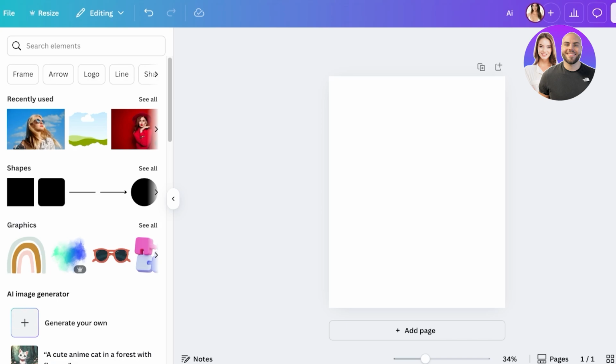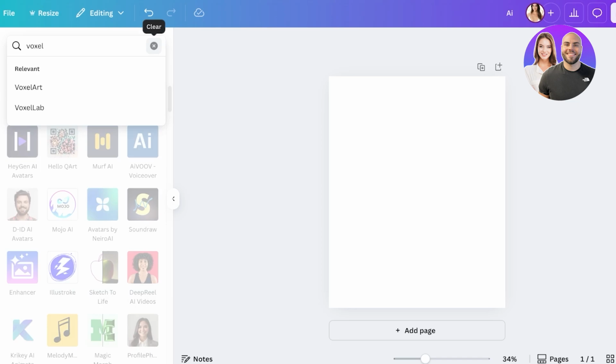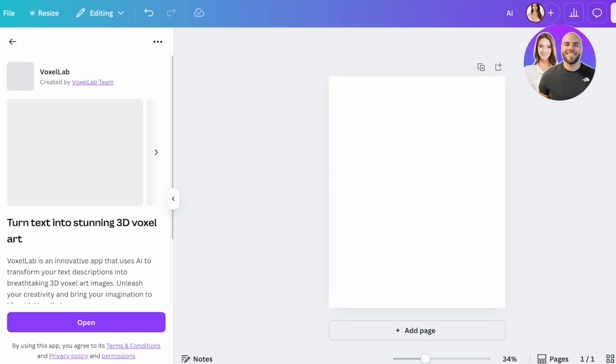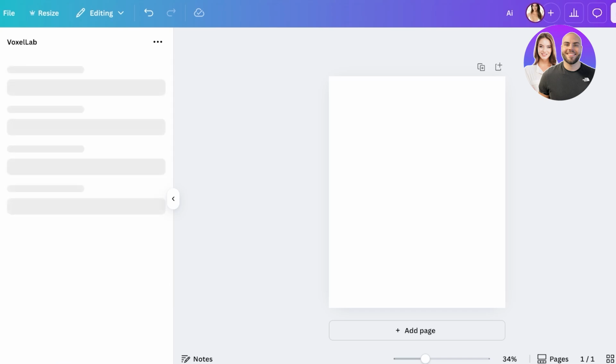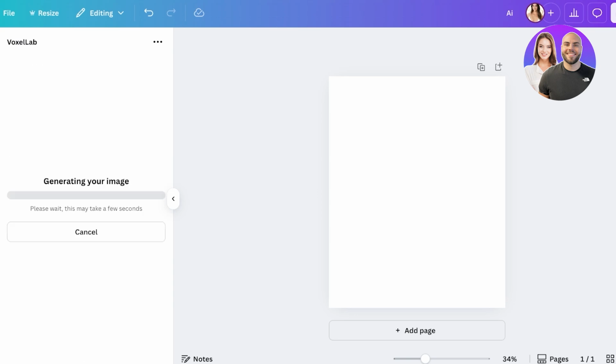You even have a 3D AI art generator, and for this, you're just going to search for voxel art within the apps. Within your AI apps, you're just going to search for voxel. And once you do that, you have Voxel Lab. Click on open and you can create amazing 3D art using AI. So you're just going to wait and then click on, I'm just going to go with this example, and then it's going to generate our image, and it's going to be a 3D image, which is going to be really